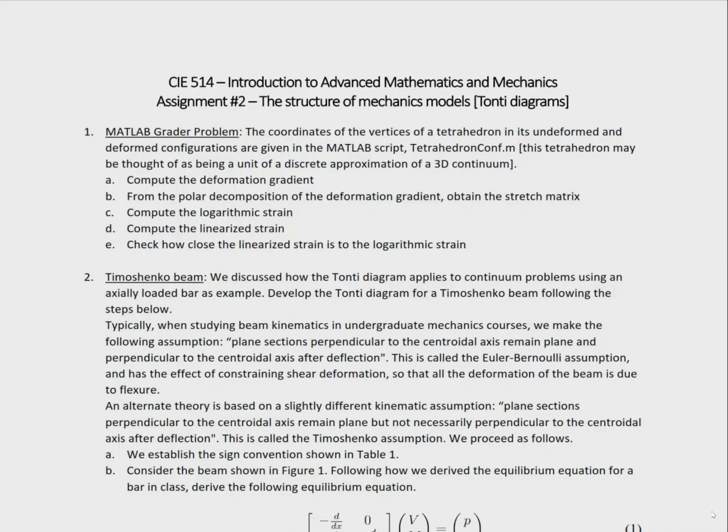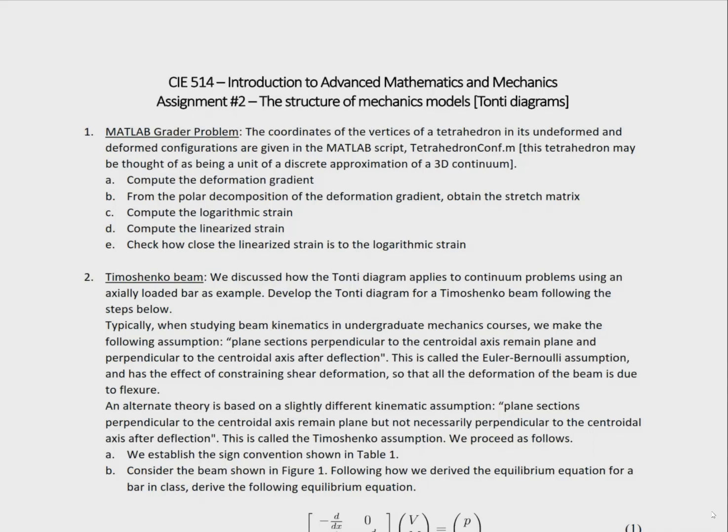The last assignment was kind of programming oriented. This assignment is somewhat more theory oriented and requires doing derivations and such. In the last assignment, we saw the importance of the concept of the Tonti diagram. We saw the significance of the B matrix and how the B transpose matrix relates to equilibrium, how we can